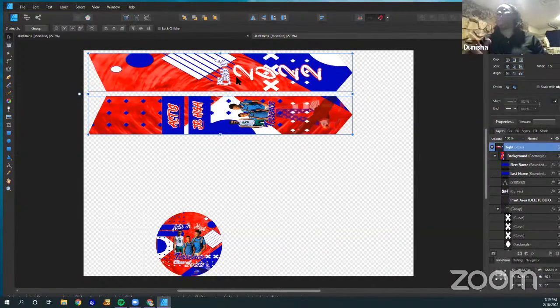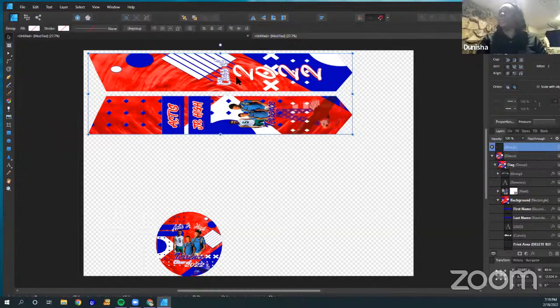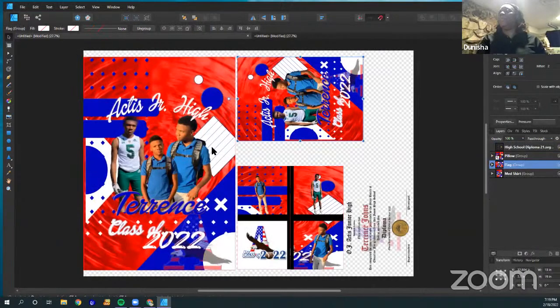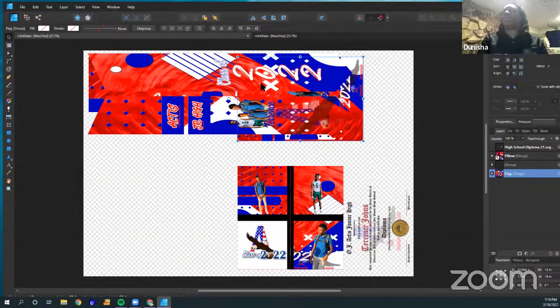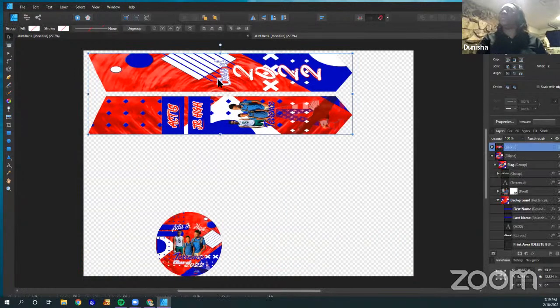I want to put more stuff on here with the stove because I have to print it the long way and I don't want to waste all that empty space. So I'm going to group these together, copy them and put them over here. And I'm going to move something else out to the other page. Paste that. Grab this one.